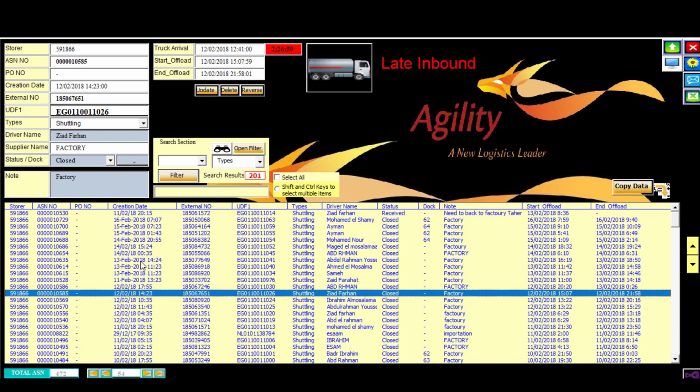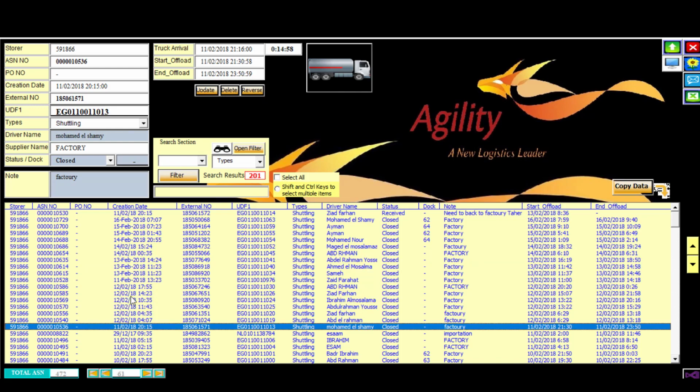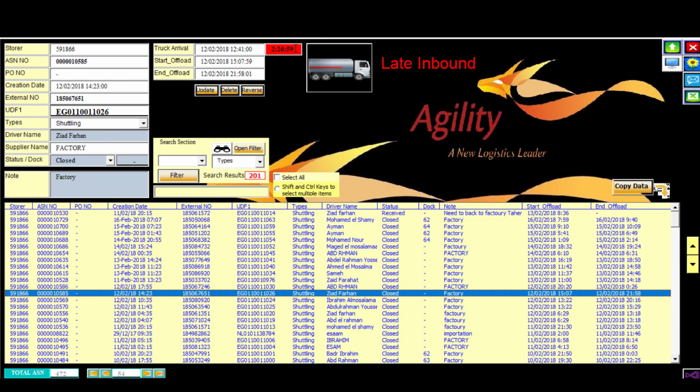and we can delete any shipment, and if the shipment becomes late in offloading, we'll highlight the shipment based on the SLA agreement for the time for this truck or this type of shipment, and will display a late inbound alarm here in red color, late inbound. Okay, and we can